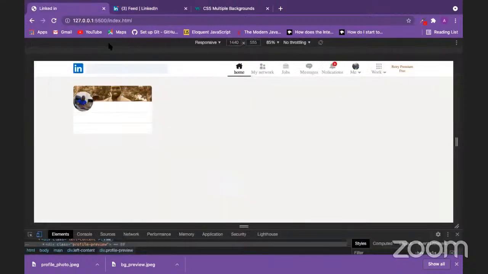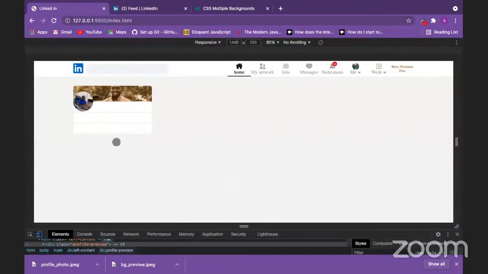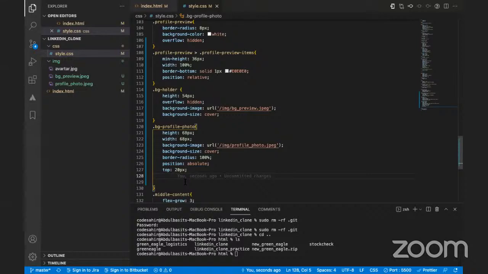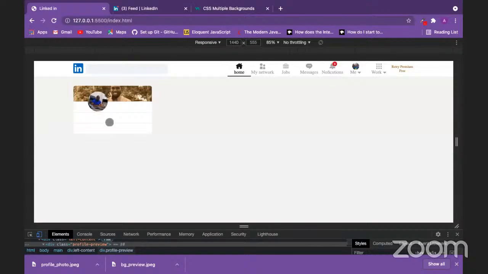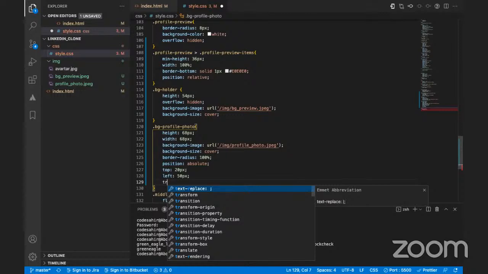But we're still going to make the display flex. Since we're only worried about this photo, we can just align the photo and leave the rest. So for the photo, we could just say left 50 px and transform